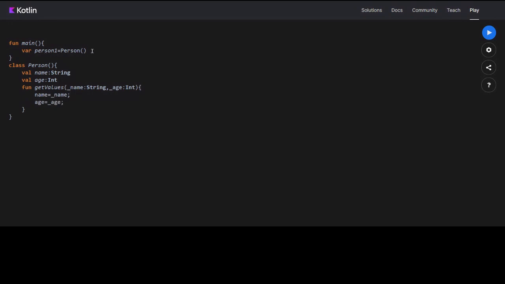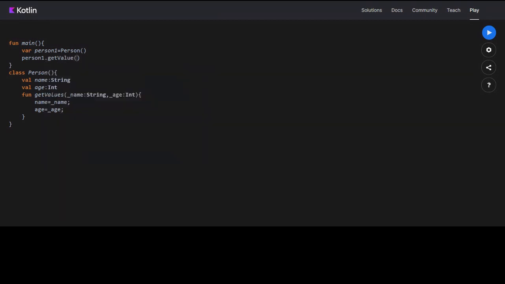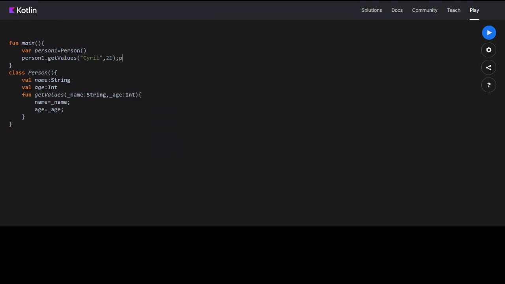Okay, so what if I do person? Then I will say person1 dot get values. Let's say Cyril, commodity. Now, what if I try to print person1 dot name?